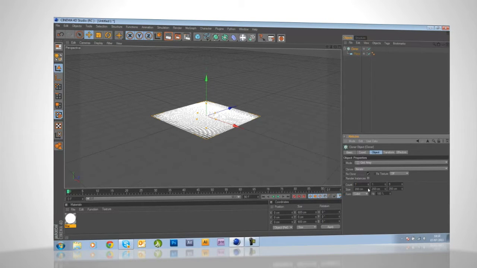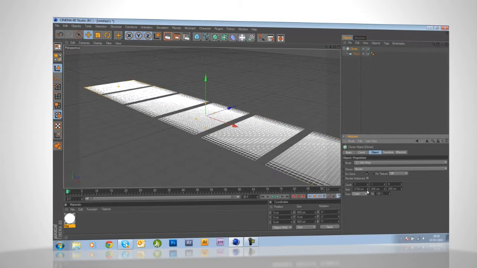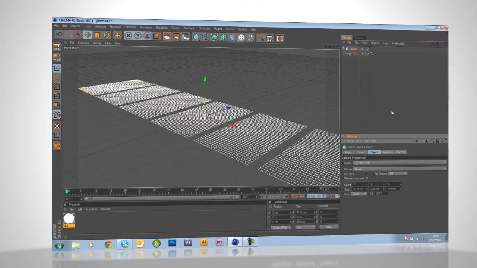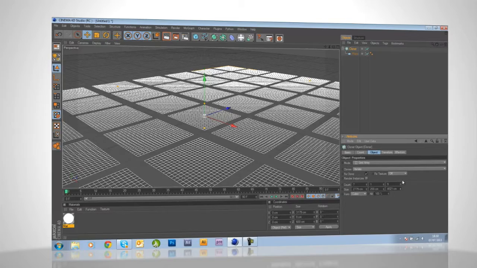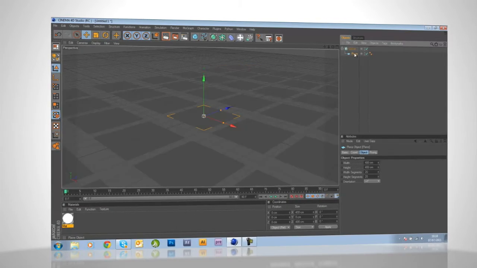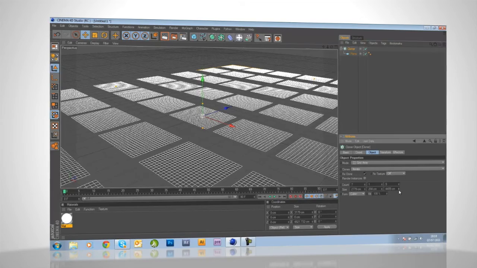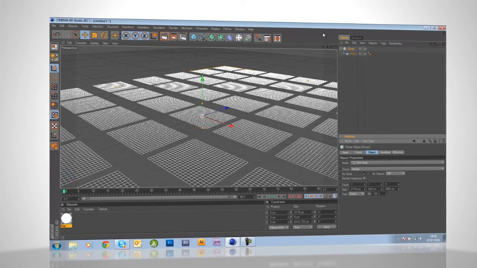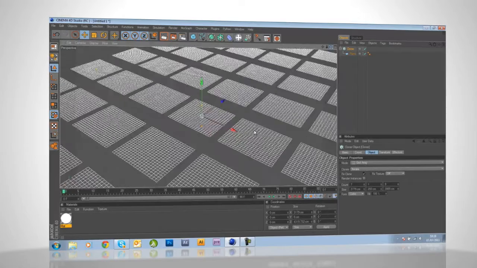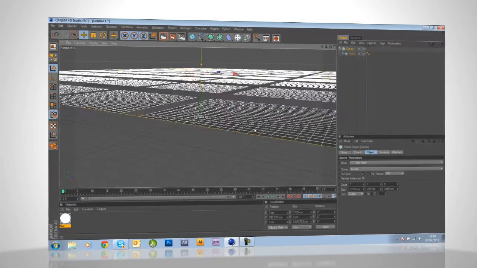Now all you want to do is just drag it out until you have a nice spacing between them, and I'm going to have a bigger spacing between these ones, like that. And on the plane I'm going to just make these a bit thinner, and then go back to the cloner and make the gap a little bit less. Okay. Now I'm just going to click on the green arrow and drag it up a bit,